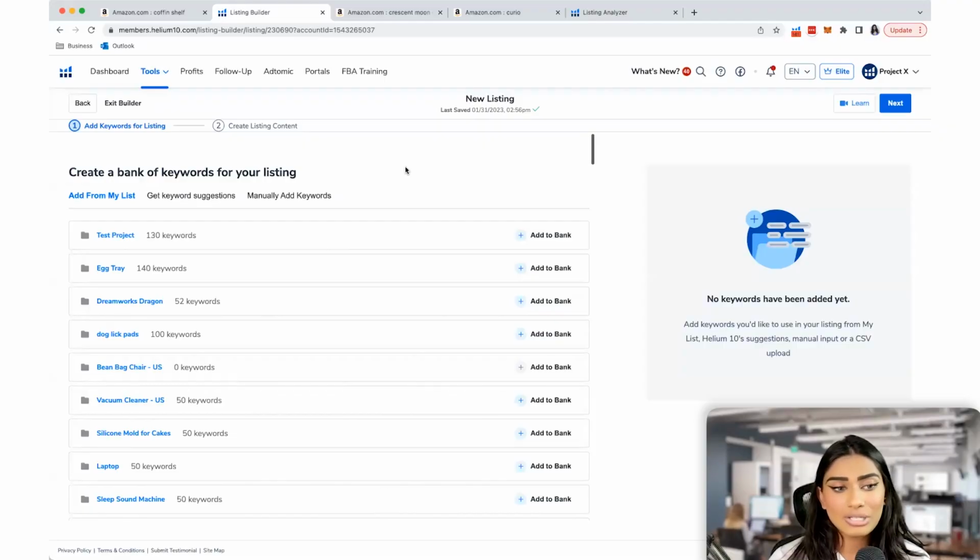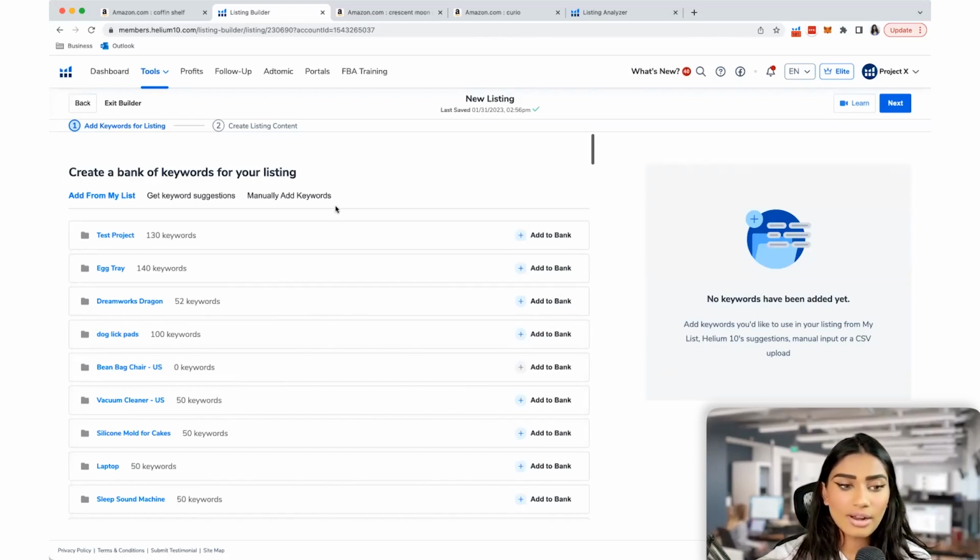So we talked a little bit about Cerebro and how you can find different keywords based off what you have in mind, or maybe a conjunction of all the strategies. You can find those sponsored keywords, the organic ones, the ones that are super relevant based off of maybe titles or specific words you have in mind. You can look based off demand. There are just a number of ways you can find keywords. And as you compile that list, you can then go into Listing Builder and directly pull from those folders.